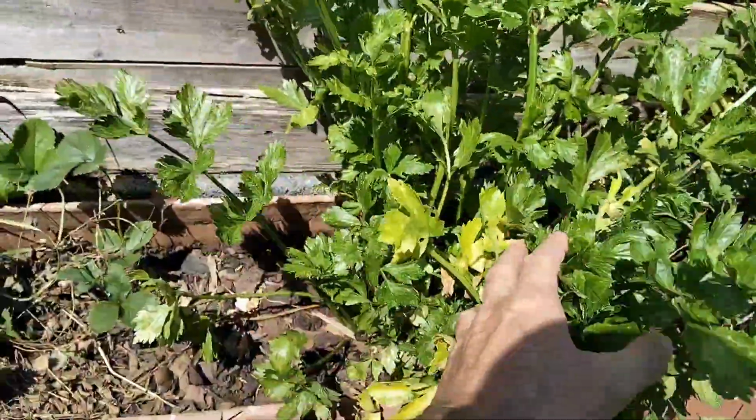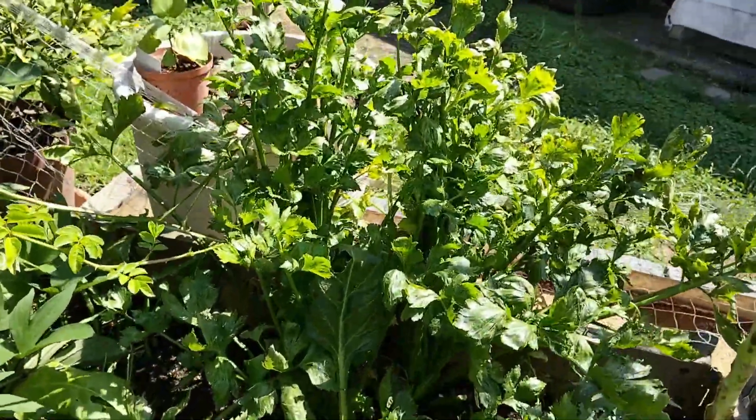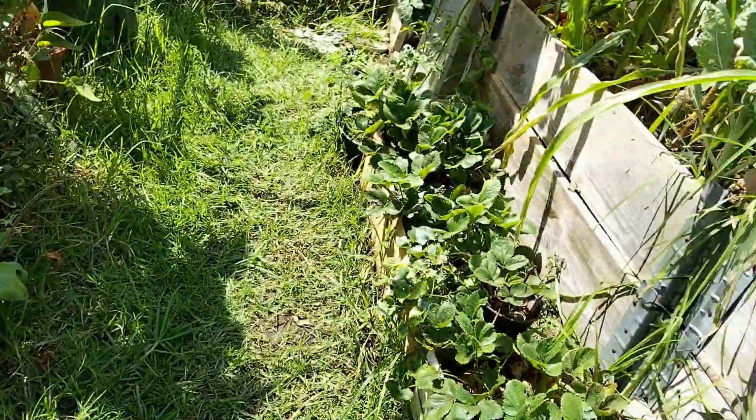So this is one of my celeries, as well as that one at the back there is one of my celeries, and I think I've got a celery somewhere else, just can't see it. And what I do is I didn't actually plant these celeries from seed. So I got a celery, cut it off, and I took that base, instead of putting it in water for the roots to grow, I stuck it straight into the ground, and it worked perfectly. So I went and grabbed some more celery plants, planted it around the homestead, and that was awesome. It worked out perfectly. Got to use the celery, I got to use the bottoms, and I got 3 celery